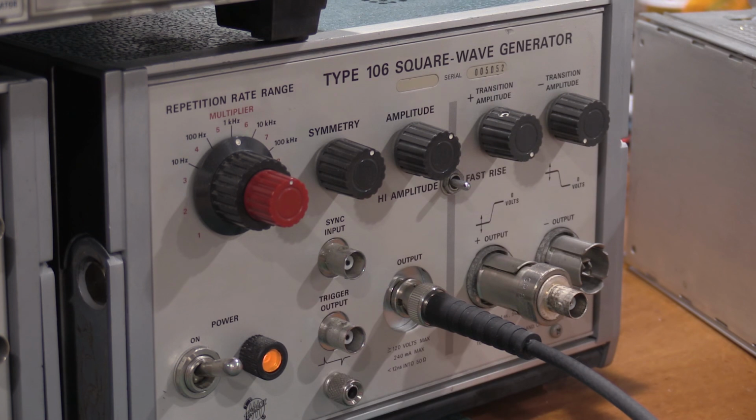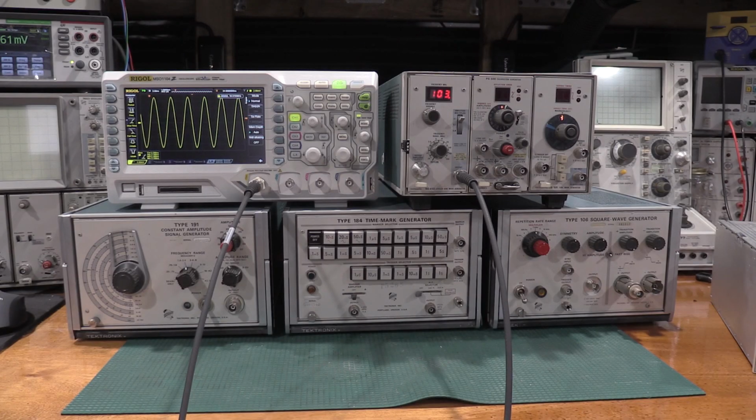I have a video where I repaired the 191, so you guys can see what's in those if you want to. Well, thanks for stopping by the lab and checking out some of the gear that I use to calibrate oscilloscopes and some of the things that happen behind the scenes as I am working through the process and getting these scopes all tuned up and ready for the bench in the lab